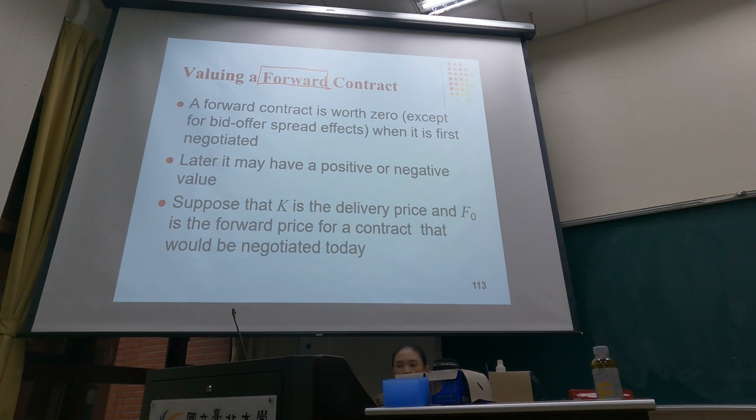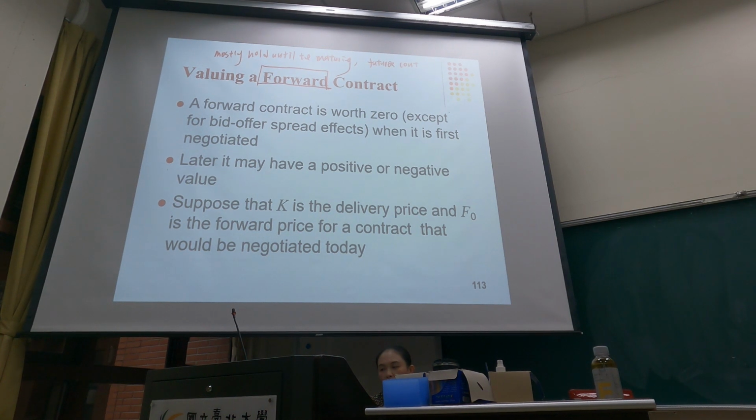So later I'll show you when we come to the tutorial. But only the forward. Why? Because a forward contract, most of the time, is held until the maturity. So you will do the delivery. And then futures